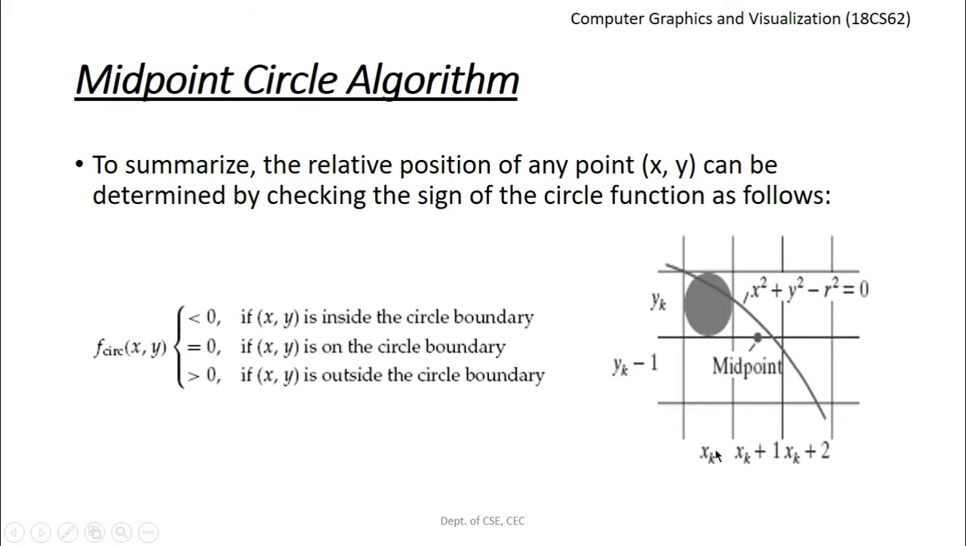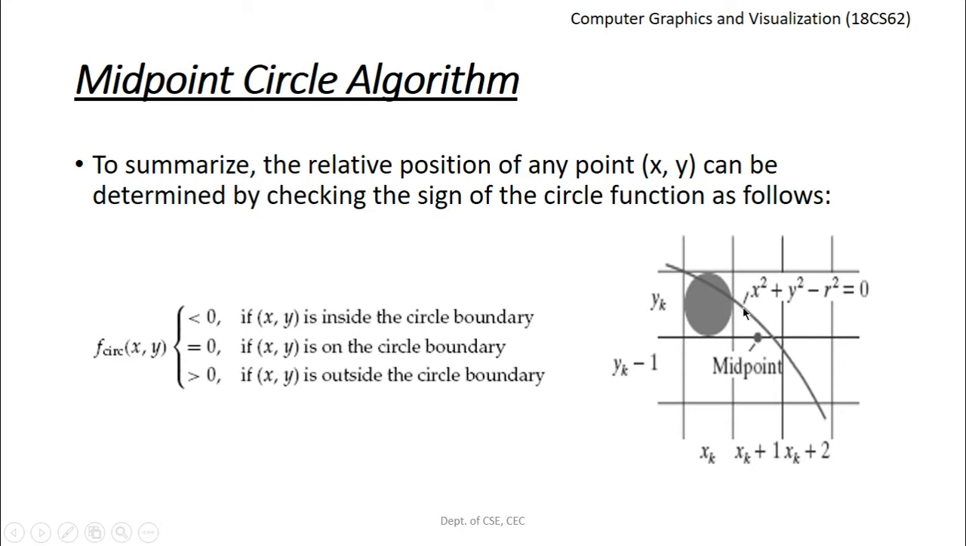Now if you look at this figure, let us say we have plotted one point here. The x coordinate is xk and the y coordinate is yk. So we can plot a point something like this. There is no ambiguity. While moving to the next pixel to be plotted, as you can see,